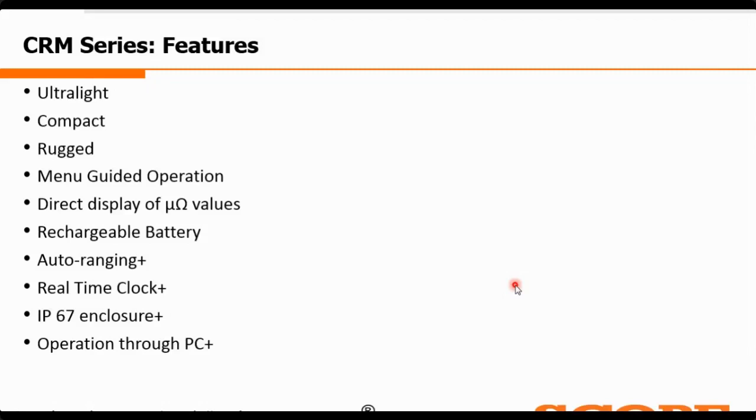We have separate software for this Plus series also, where you can connect our instrument to a PC or laptop, whichever you have, and through that you can also do the operation. For that, we have separate and dedicated software for the CRM.